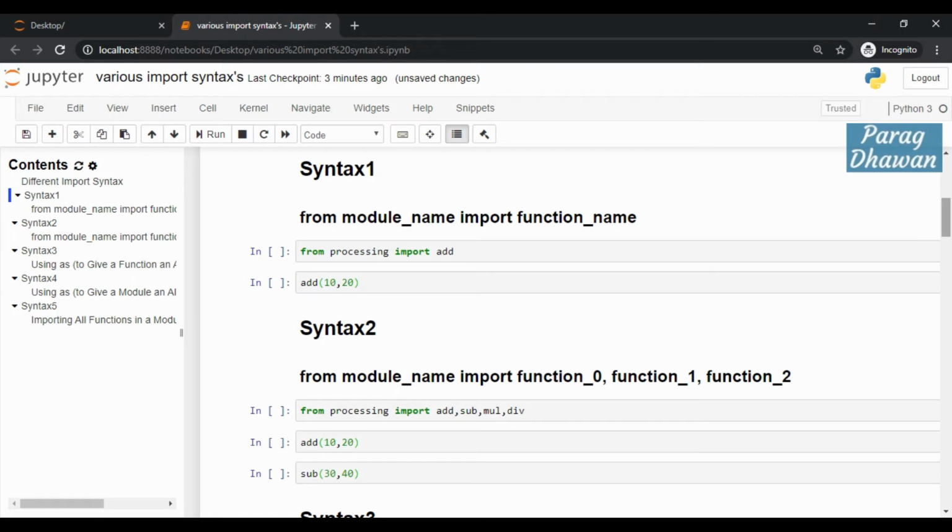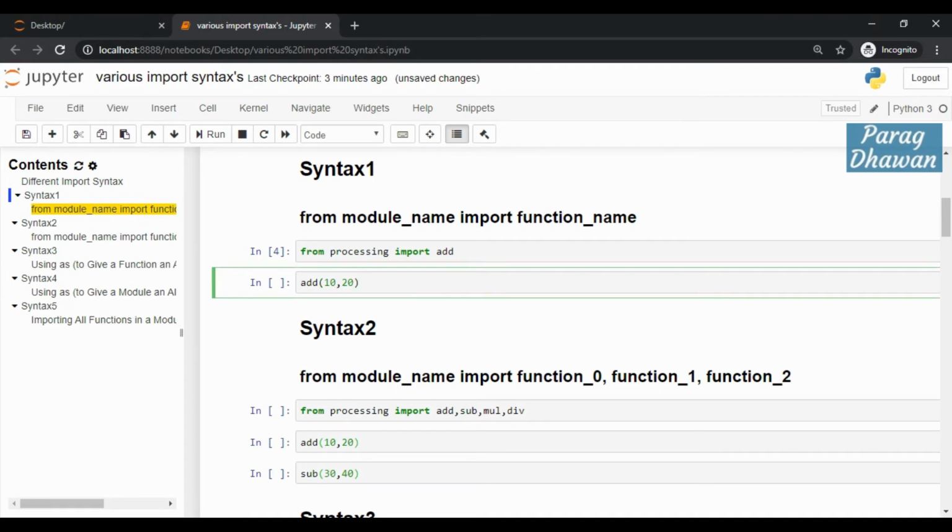Syntax 1: from the module name import the function directly. For example, from the processing module we are importing the function add. Click on the cell. What is the syntax? The from keyword, the module name, in this case processing, the import keyword, and the function name, in this case add.